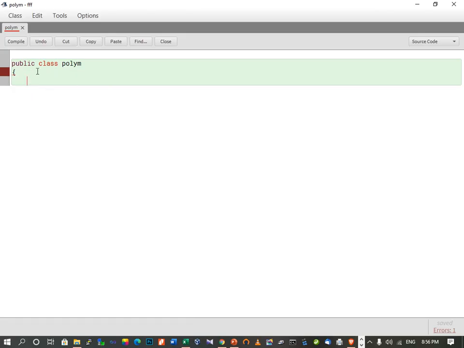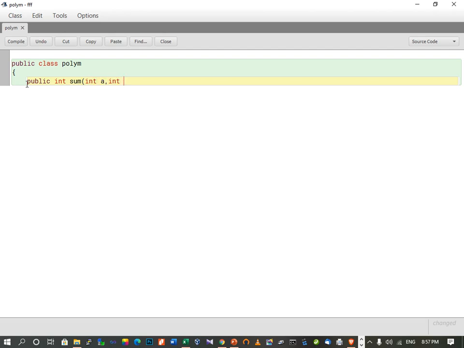Here I've taken the class name as polym. We can take any class name, but as this is for polymorphism, I've taken polym. Now the methods we are going to use will have the same name. So public int sum, and inside this sum method I'm passing arguments.